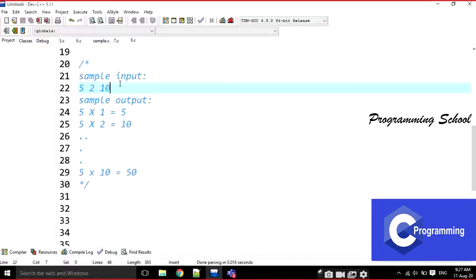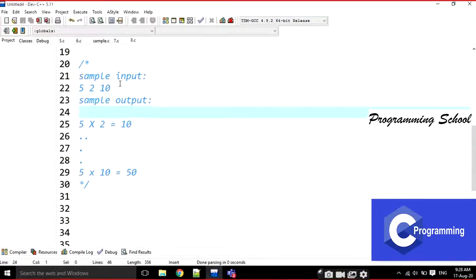But instead of 1, I am going to start at 2 here. For example, I am giving 5, and I am going to start at 5 here. Okay? This is the output. I am going to start at 5 2s are 10, up to 5 10s are 50. I am going to stop like this.